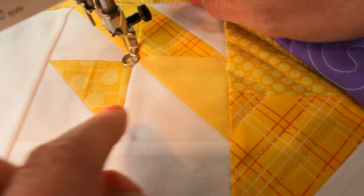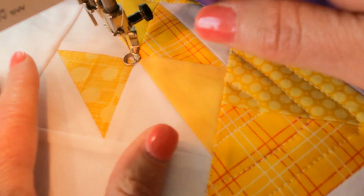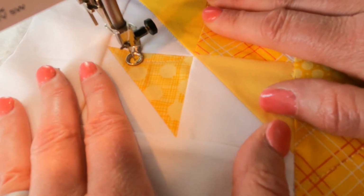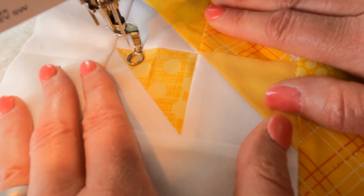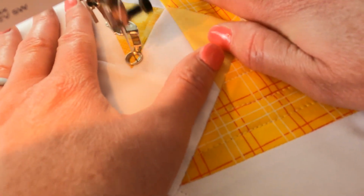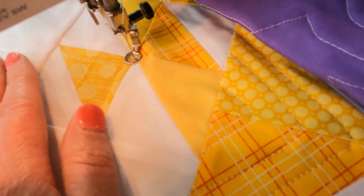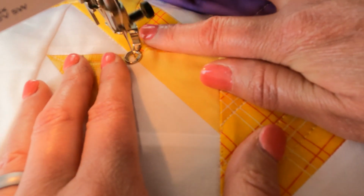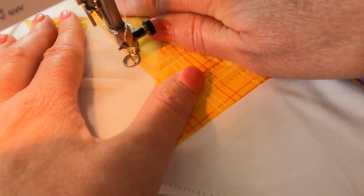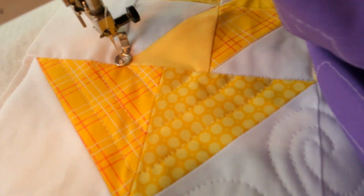And here we're just gonna do the same that we did on these very inside triangles, the little arch from corner to corner. Now from here, stitch back along the edge. And now we're ready to go ahead and put in our